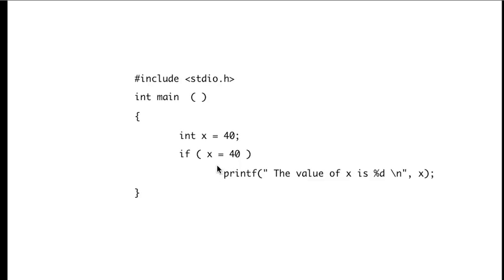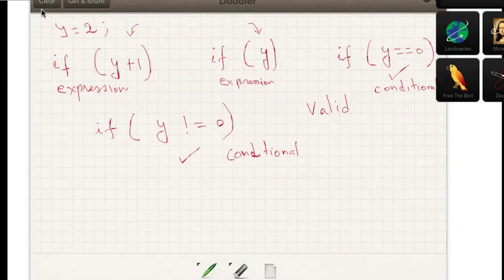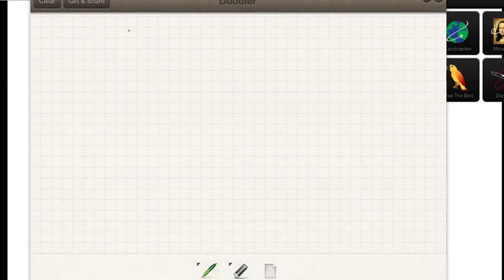Alright, let me take this example here. If you look here, x equal to 40 is not equal. This is again not a good way of programming, but they do it anyway. x equal to, let's say, 40, and I say if x equal to 0,